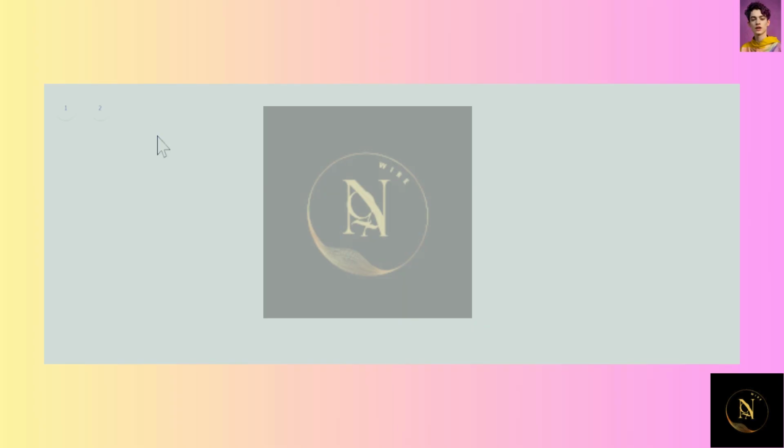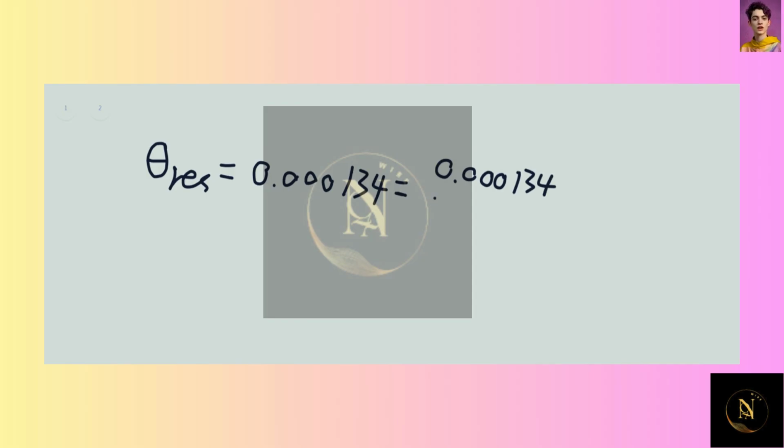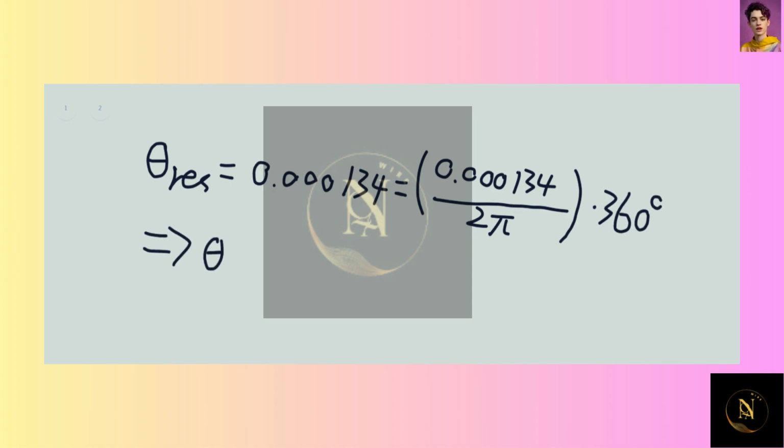So we know theta resolution is equal to 0.000134, which is equal to 0.000134 over 2 pi, because one circle is 2 pi, which is 360 degrees. That way we can figure out the fraction of such an angle over a circle, and simply multiply by 360 degrees, and we should get theta resolution is equal to, let's take a look,